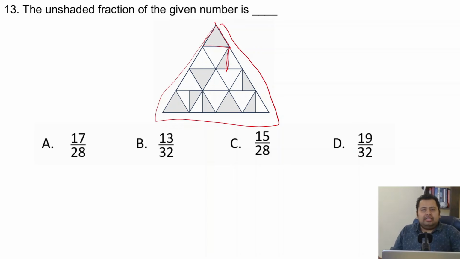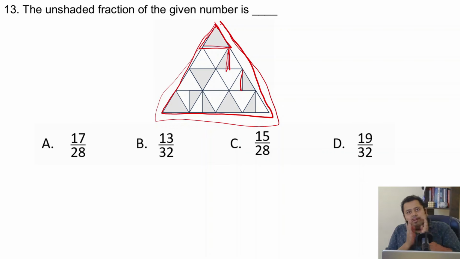Great. I think I've just given it away in terms of how it needs to be done. So again, let's see. This is the bigger triangle, correct? In this bigger triangle, we can see smaller triangles, and in some cases, the smaller triangles are also cut into half. In one, half is shaded and the other half is unshaded. Now half of a triangle becomes one unit for me. Correct. So let's now cut all the triangles into half, the way it's shown.